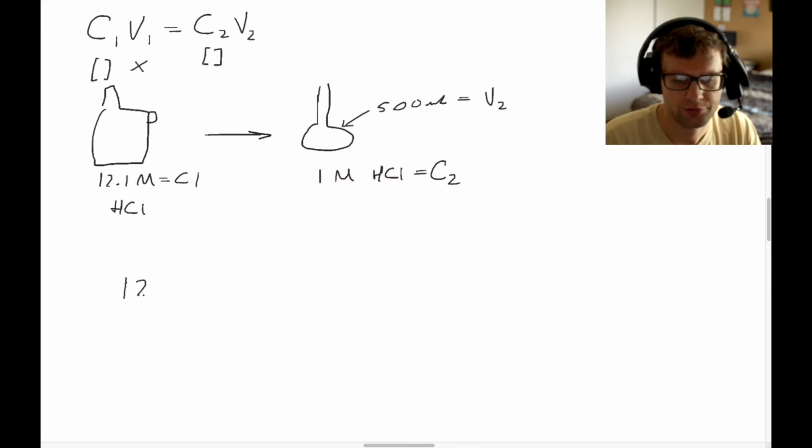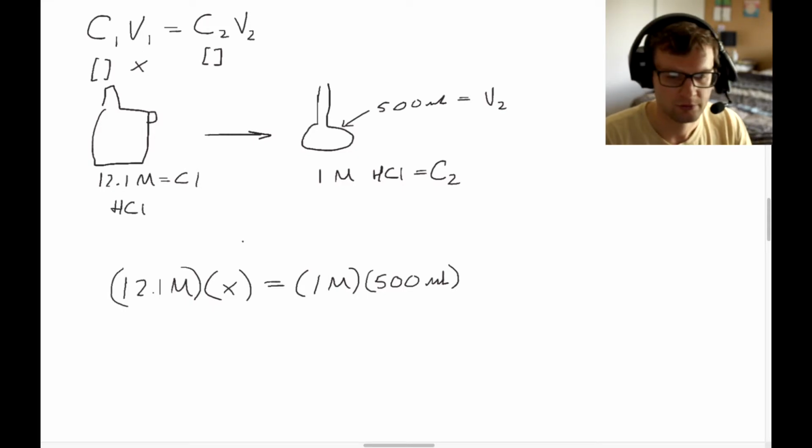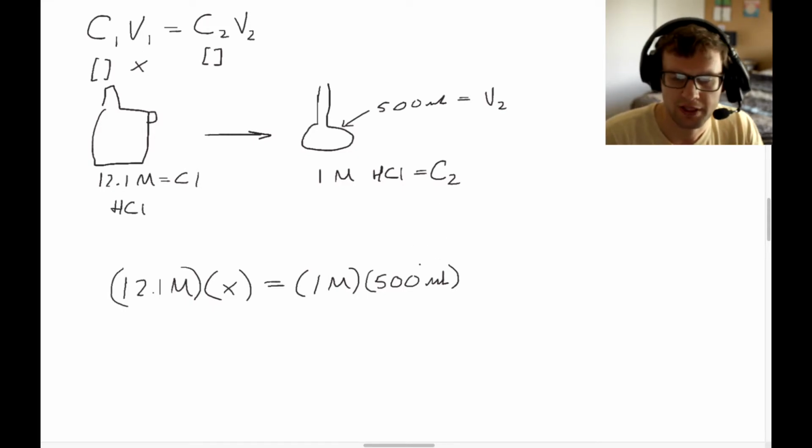So we've got 12.1 molar times X. X is what we want to find. That's our volume of our stock solution that we want to put into water in order to get our new solution. So we'd have 1 molar and 500 milliliters. Commonly you might see this as liters instead of milliliters, right? But if we left this in milliliters, we could change it to liters or leave it in milliliters, and the